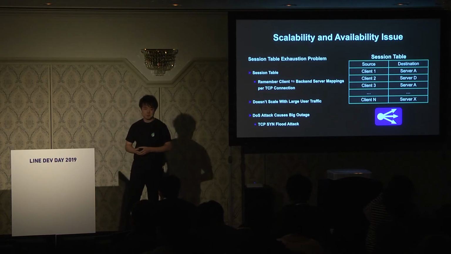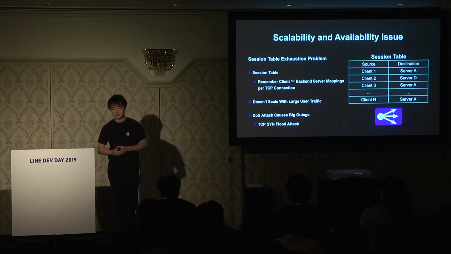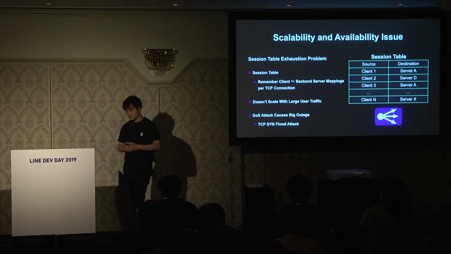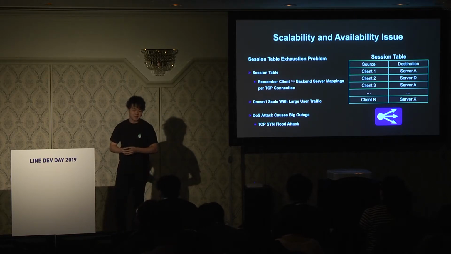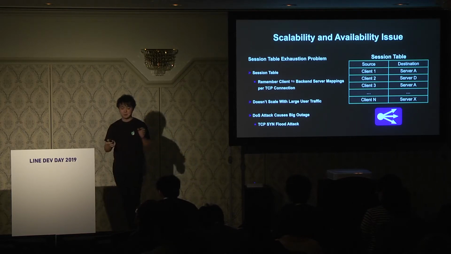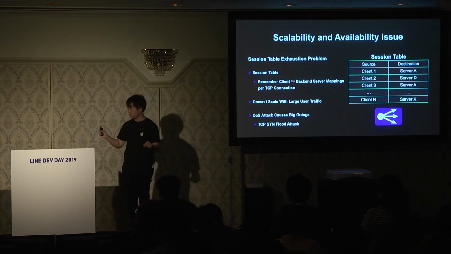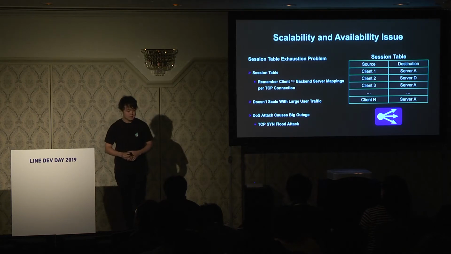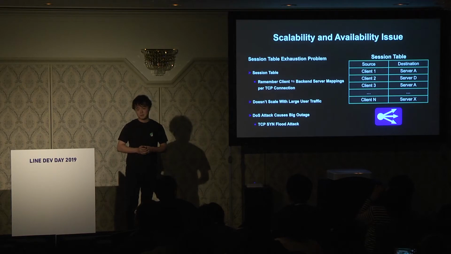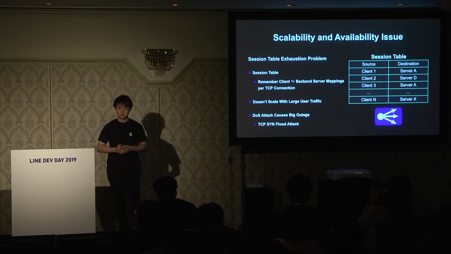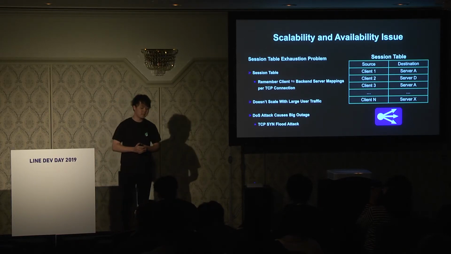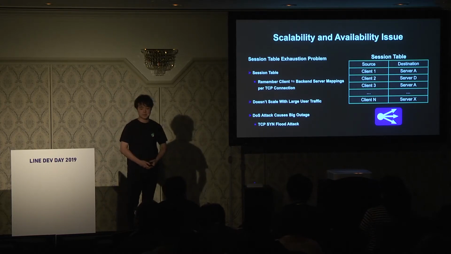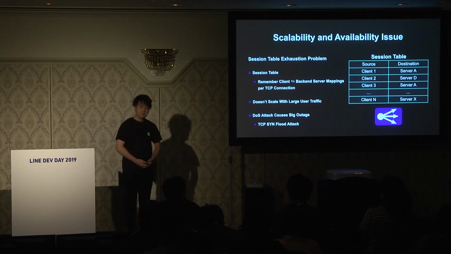And talking about scalability, we had a problem with scalability and availability. That is a session table depletion problem. This is a problem caused by the implementation method of the L4 load balancer. There are several ways to implement an L4 load balancer. One stores the correspondence between the traffic distribution destination server and the client per TCP connection, so there is a session table, and this data structure is stored in it. The traditional L4 load balancer uses a session table, but there is a weakness in this implementation, and there is an attack on TCP, so they are not able to accept new connections. Therefore, the number of clients has been limited according to this scale. This is an issue of